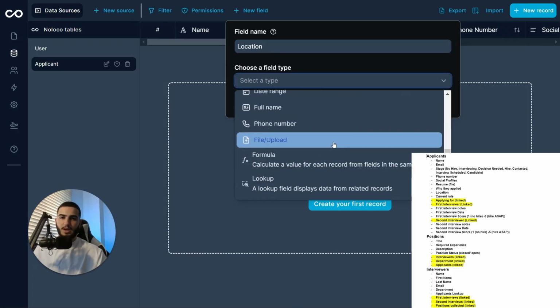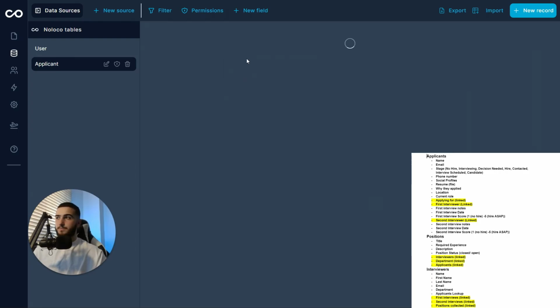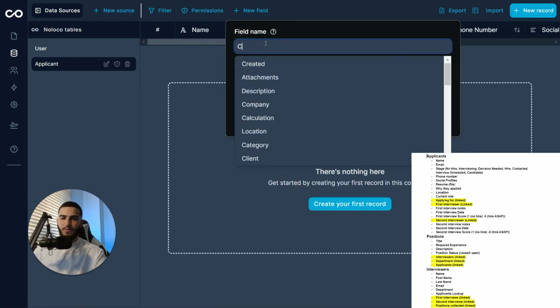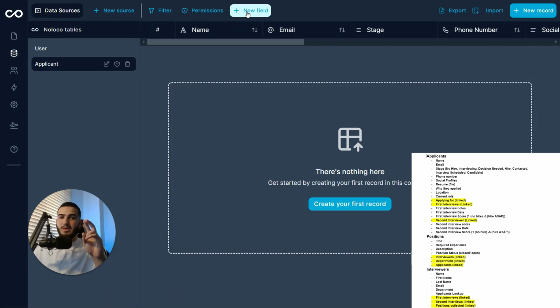So if we scroll down, we can actually put the address. We can actually put the street address just like that. And then you're done, guys. And then we have the current role. And if we go to field type, once again, that's going to be a text and it's going to be a single line. Now, I am going to leave the link stages until the end because it's a lot easier